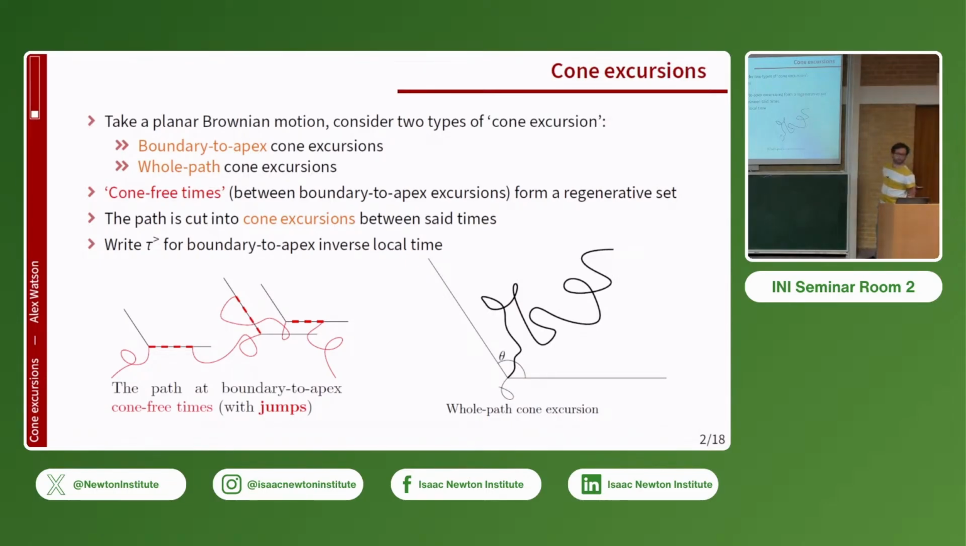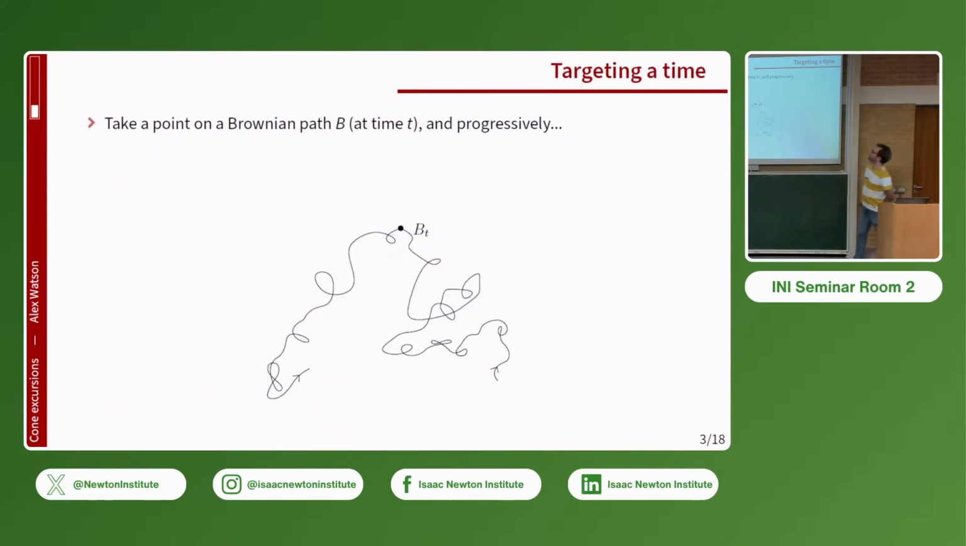Any questions about the cone excursions? Is this sort of object, does the object make sense? Okay. Right,